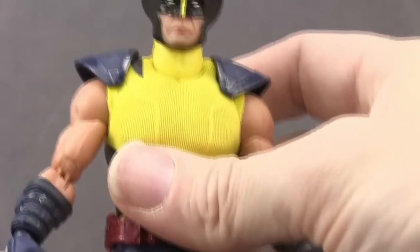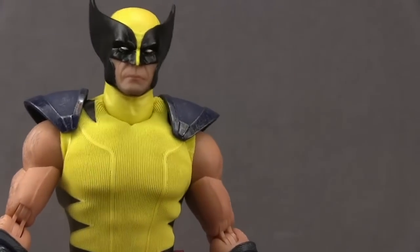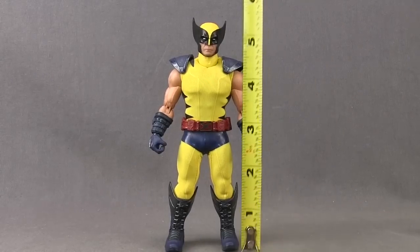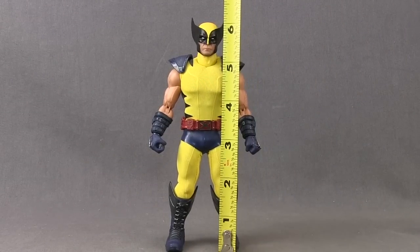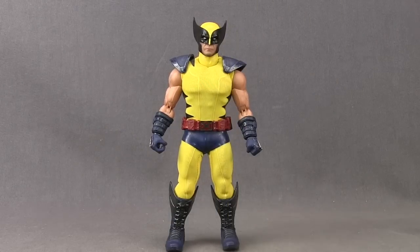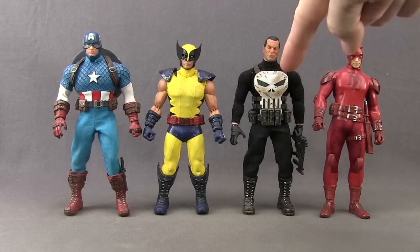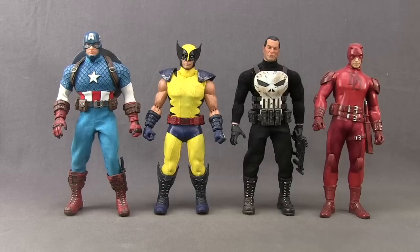So overall, like I said, this is definitely by far my favorite looking Wolverine figure for the 112 Collective line. This figure stands, if you count to the tips of his mask, just a little bit under 6.5 inches tall. So here's a comparison with some other Marvel 112 Collective figures. We've got Captain America, Punisher, and Daredevil, and all of these are about the same height. Maybe Wolverine is a hair shorter than the others, but for the most part they are all pretty similar in